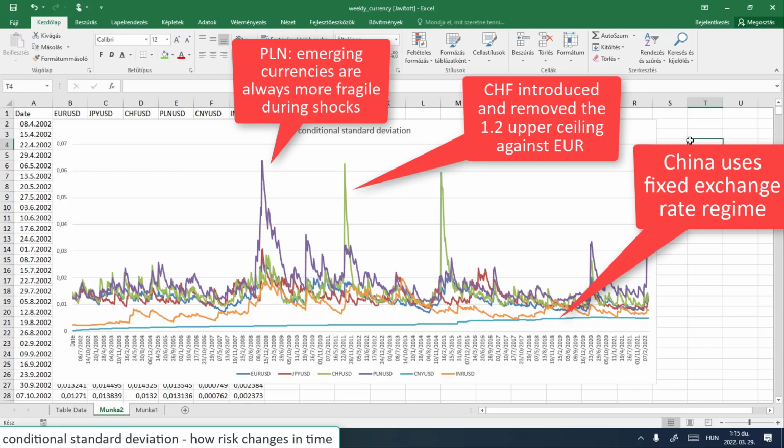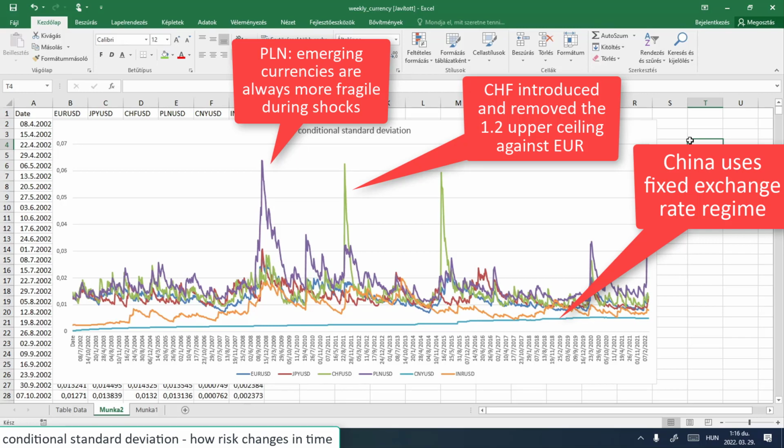And this is the abandonment of the cap in the Swiss franc. This is the introduction of the cap in the Swiss franc. So we can see that, yeah. Actually, in Hungary, Questor, which was, I cannot say a hedge fund, but a hedge fundish entity, so it was an investment firm, and they went to default after this day. So they were highly affected by increased volatility. Otherwise, also they were cheating with their numbers, as the National Bank realized after this or during this scandal. But yeah, it had its costs.